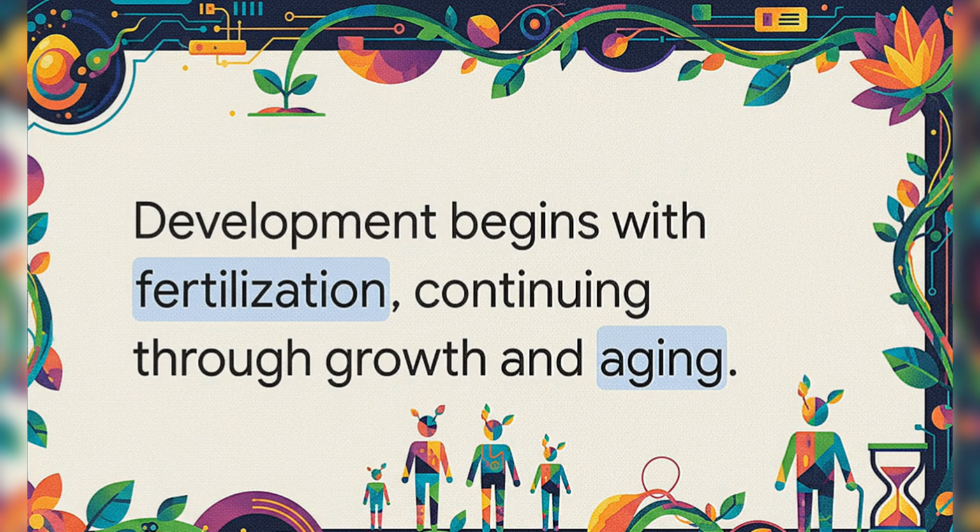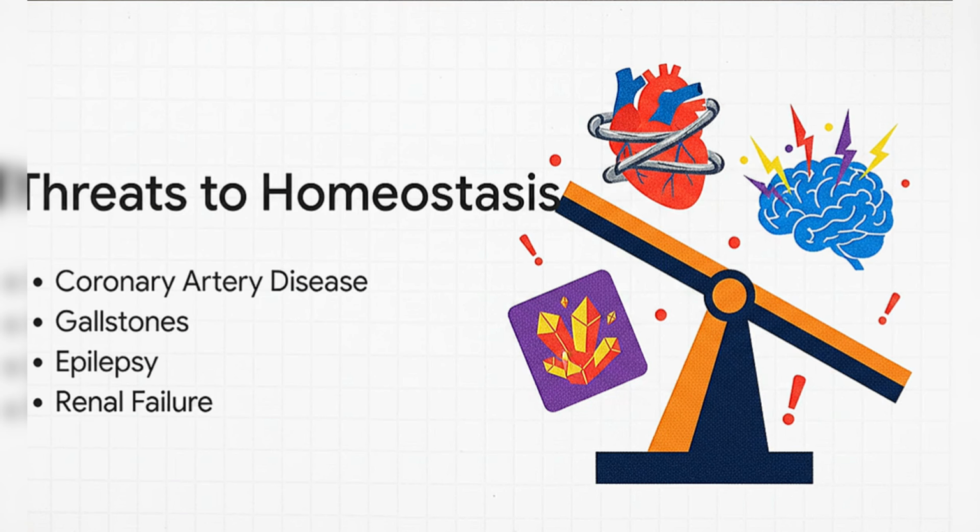This leads to the development of an embryo, then a fetus, followed by birth, childhood growth, and puberty, where the body matures. And eventually, as the years roll by, we all enter the inevitable biological process of aging, where our finely tuned systems naturally begin to slow down and change. The crucial takeaway here is that throughout this entire life cycle, our body's homeostasis, that delicate, balanced state, is constantly